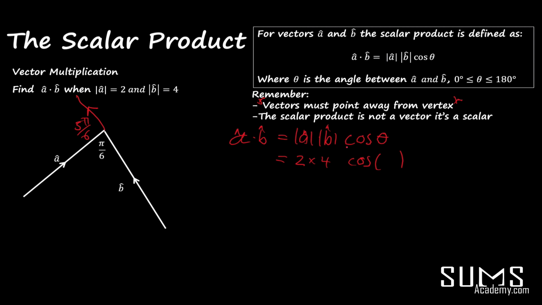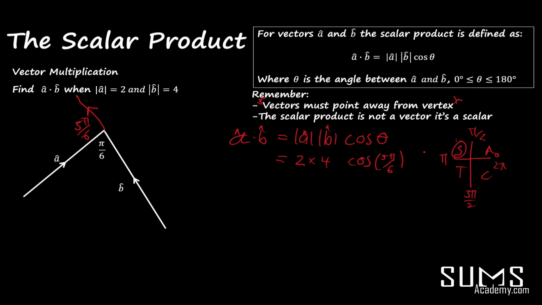Okay, so now we need to figure out what cos of 5 pi over 6 is. Okay, so what's this going to be? Well, first of all, we can think about our quadrants. We know that this is pi over 2, that is pi, that is 3 pi over 2, and this is 2 pi, that's 0. Okay, so where's 5 pi over 6 going to land? Well, again, it's going to land in here